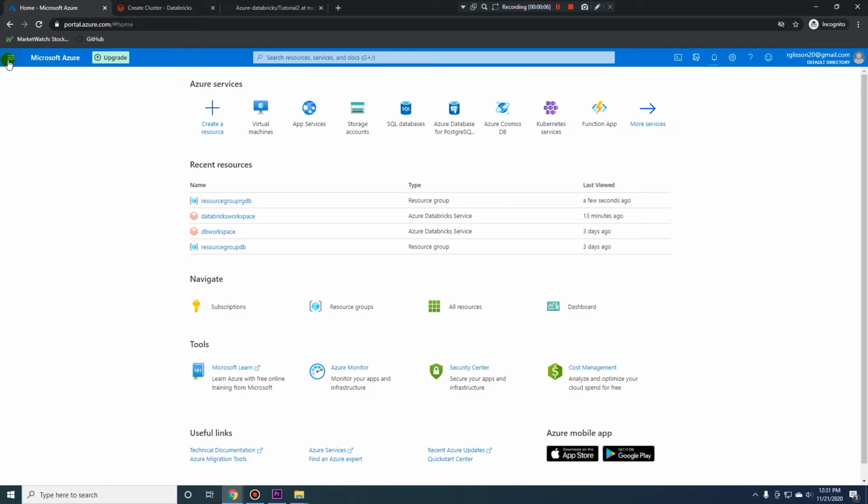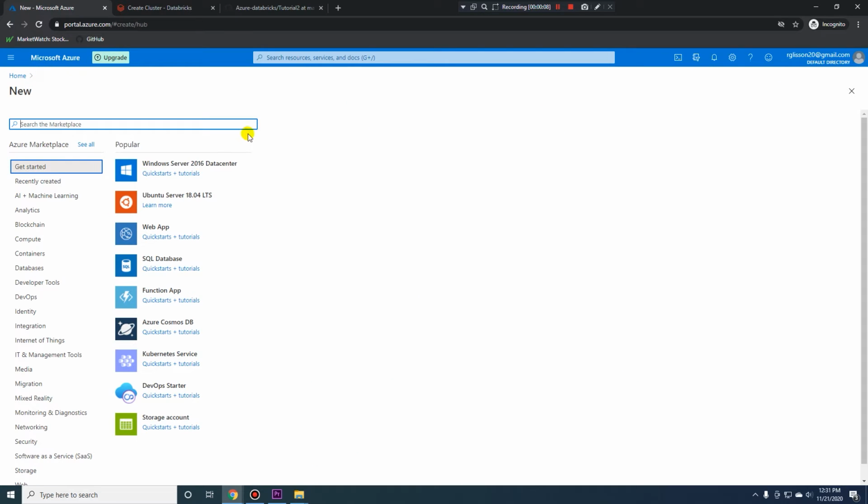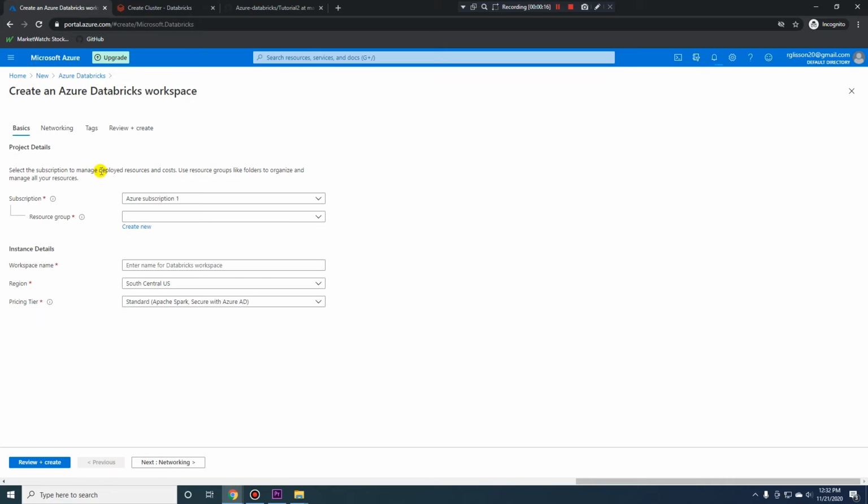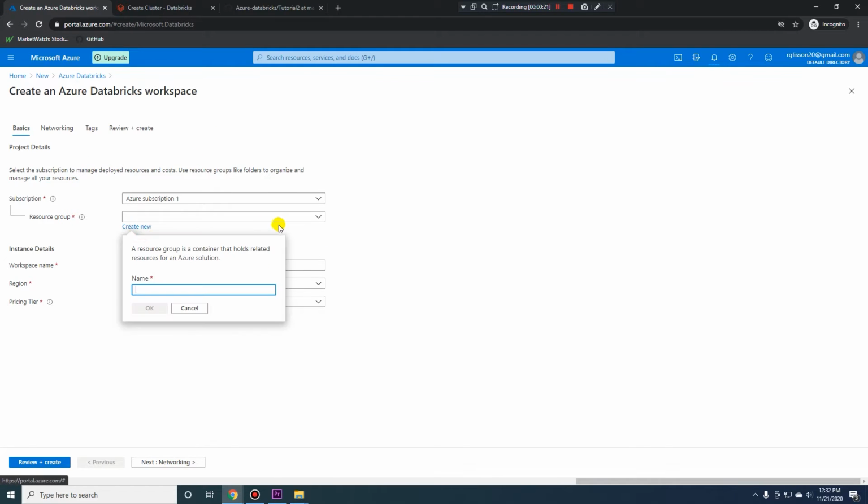The first thing you want to do is go over here and create a resource and type in Azure Databricks, search, and create. From here, you will need a resource group if you don't have one. So let's do create new. I'll just title this tutorial